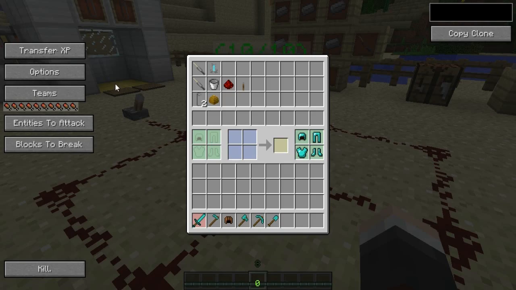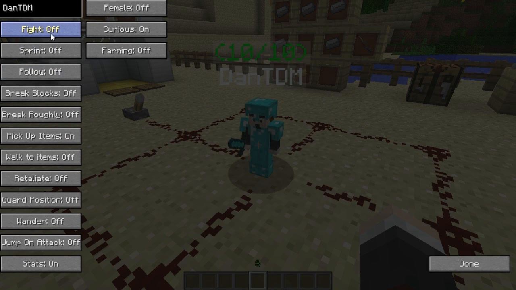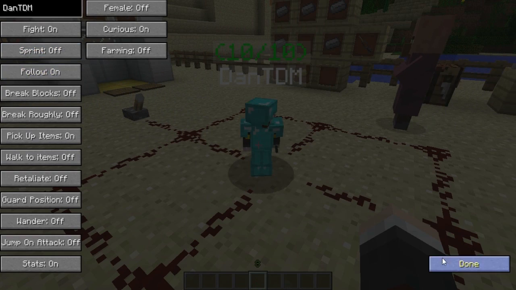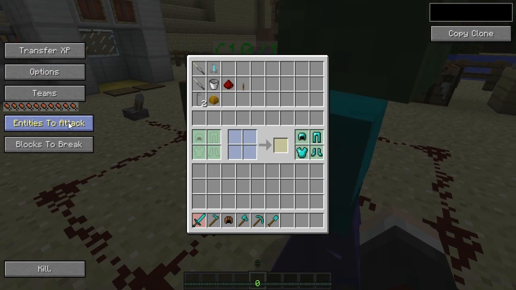So if I right click him, we've got all of this kind of cool stuff. So I'm going to go into options, and we've got fight on or off. Now if we turn that on, he will just fight mobs, and what you need to do is tell him what mobs to attack. So if I turn fight on, and I'm actually going to turn follow on as well, so he actually follows me. That's going to be awesome. Yeah, at the bottom here, we've got a button that...